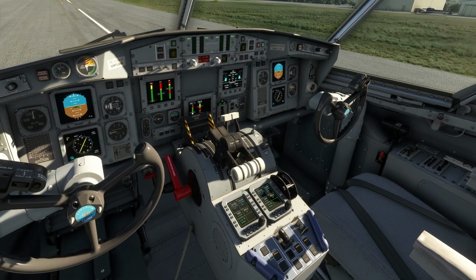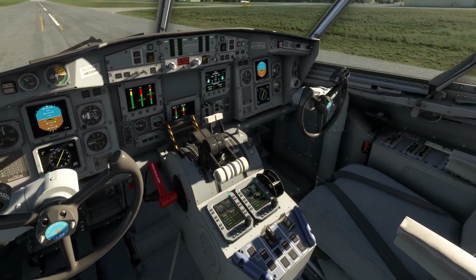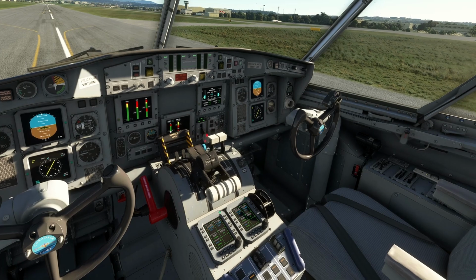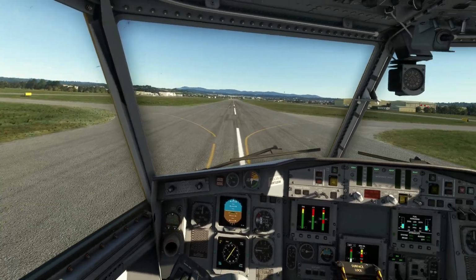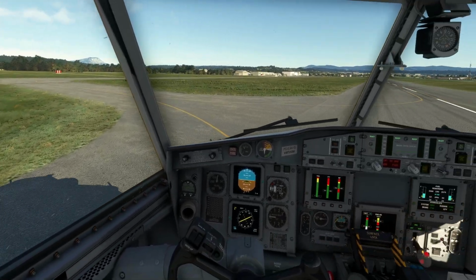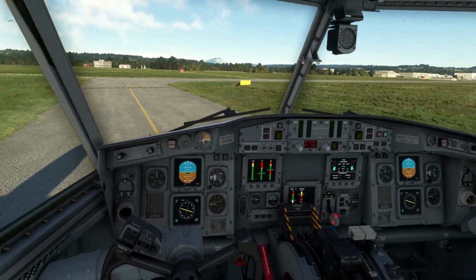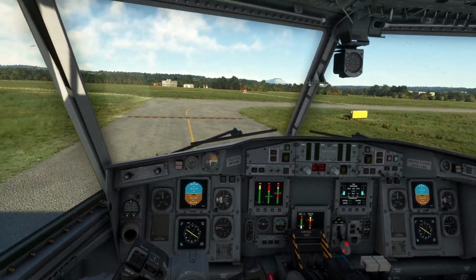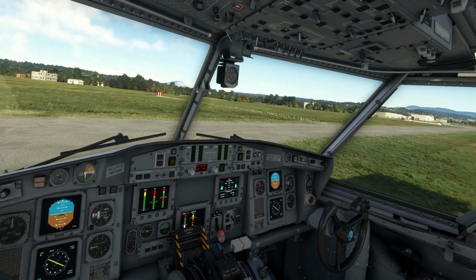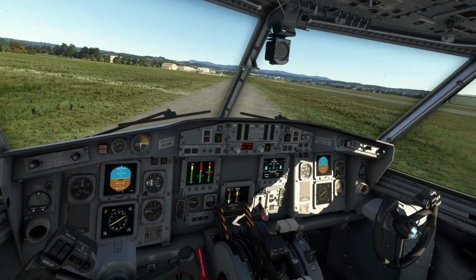So that's something I need to change. So it went to auto reverse right after landing. That was not what I expected. I had it the other time when I was testing it out, and I thought I did something wrong with the throttles, but I didn't do anything. So maybe that's a setting somewhere, or I have to change that in the configuration files. Anyhow,